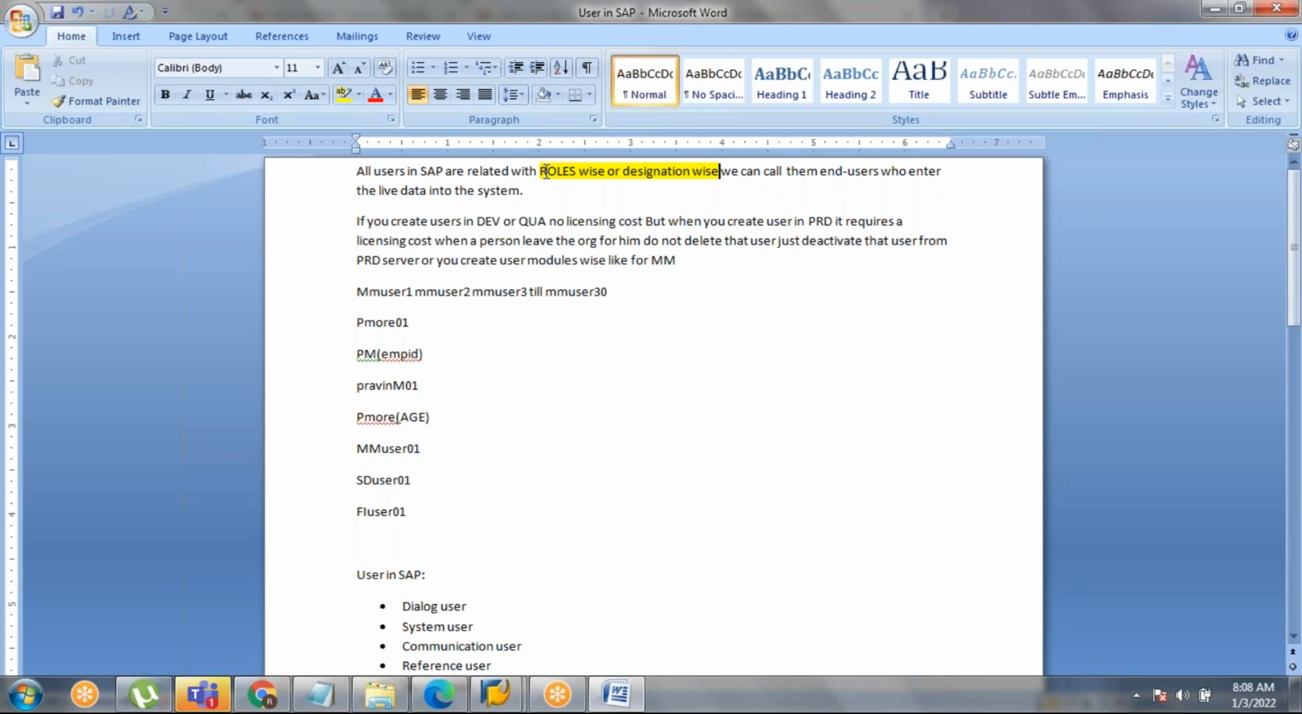For creation of users in production, there are some org levels you have to maintain. You have to take approval from authorities, and only then can you create users in production. Otherwise, if you create unnecessary users in production, it costs the company a minimum of 1.5 lakh rupees